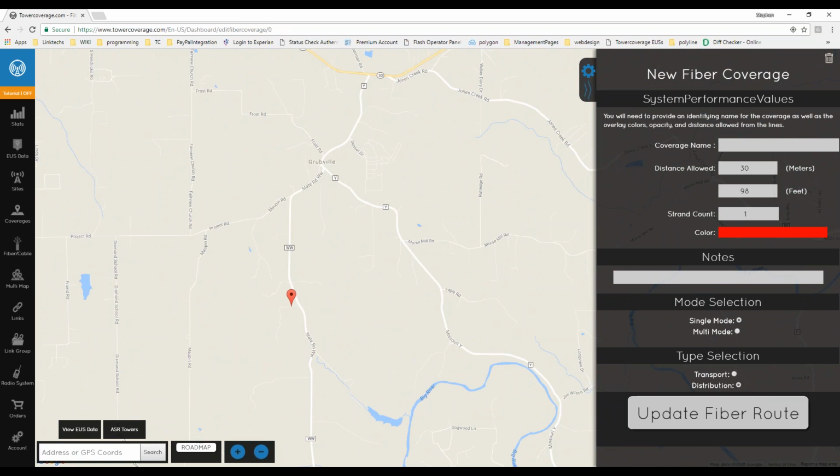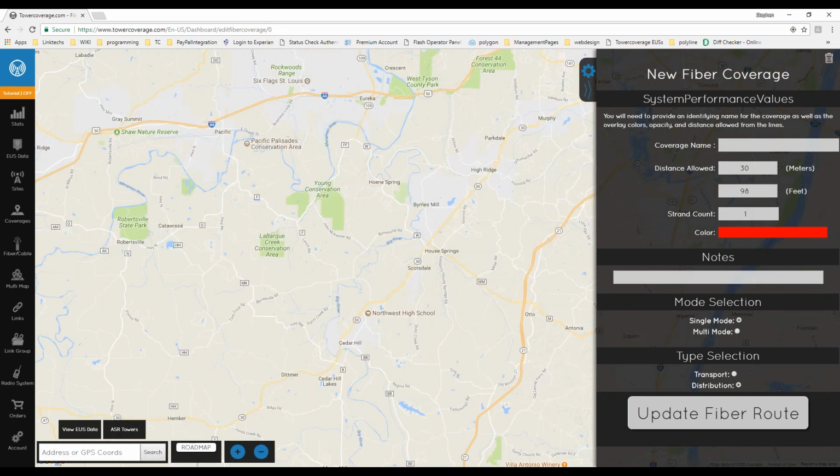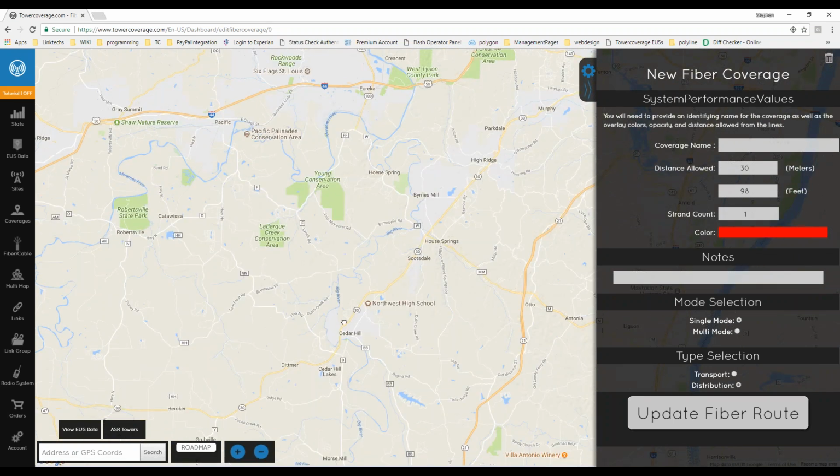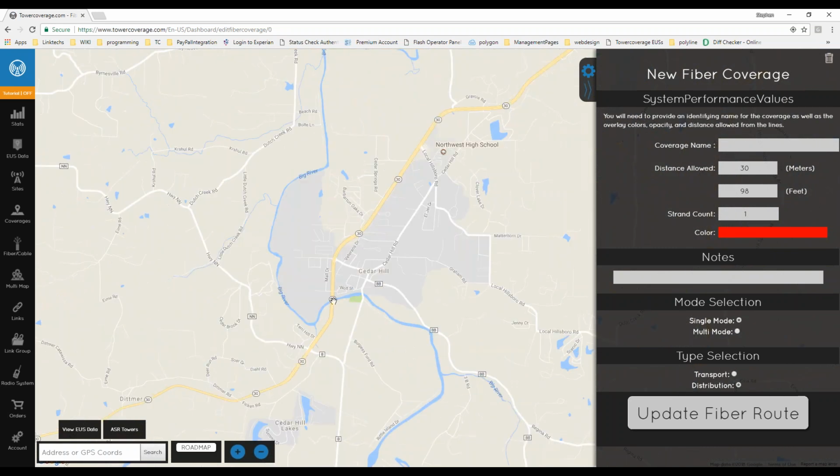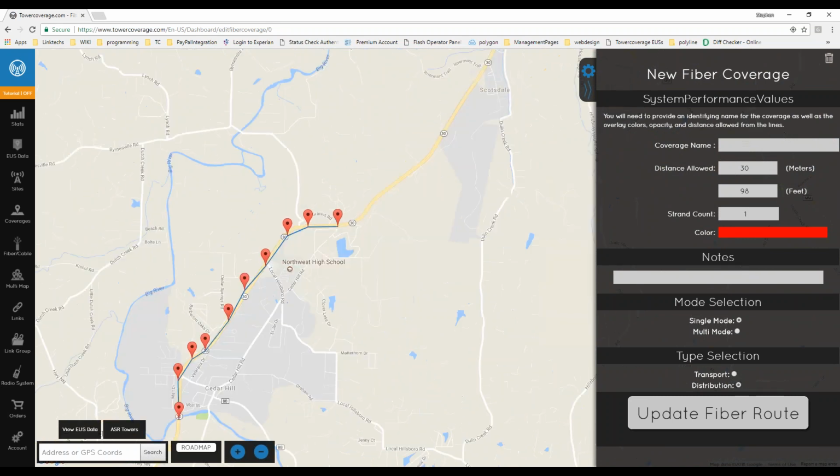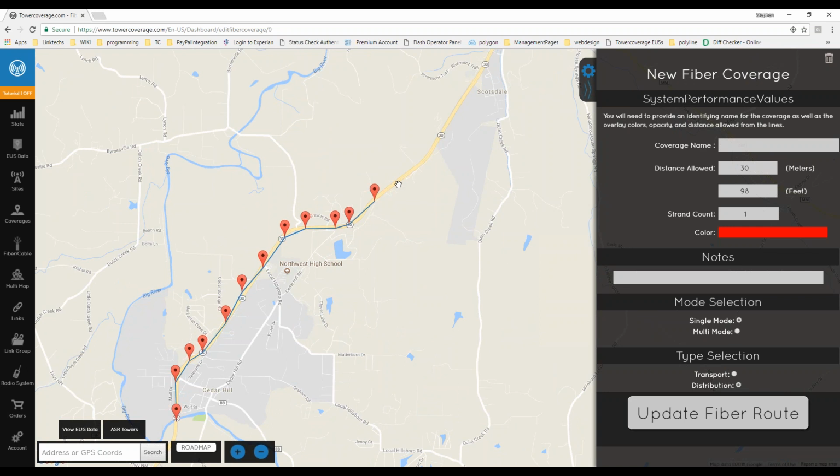With the fiber coverages, you can do up to 25 points or 70 kilometers long. So what you can do is, say we have a run of fiber running up this road, so we can follow all the way up this road. And you can zoom in and get very detailed with it if you like. The good thing about doing that is that once we create our line, we're going to give it a name,